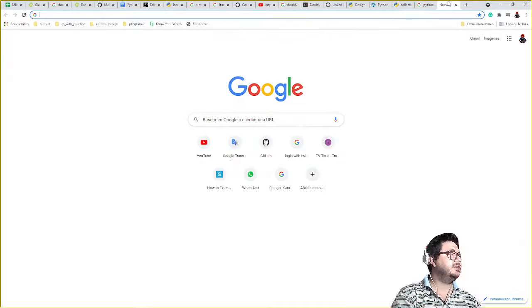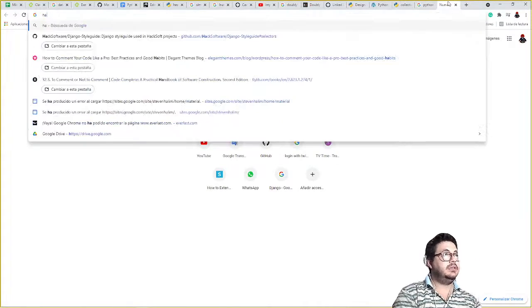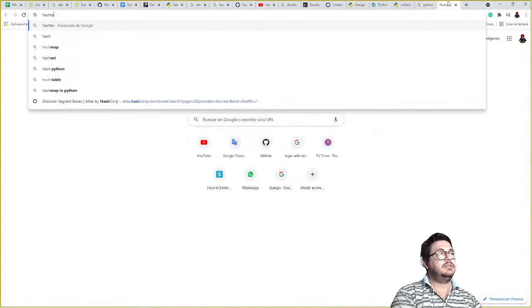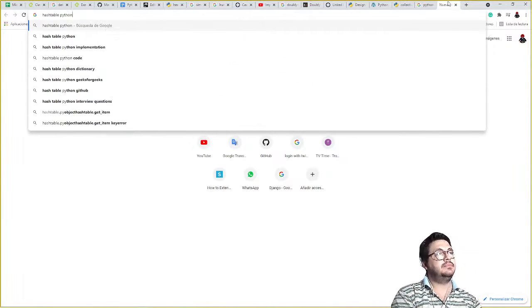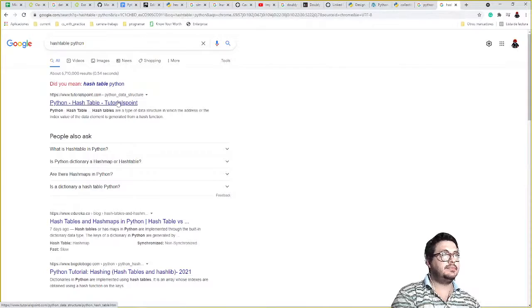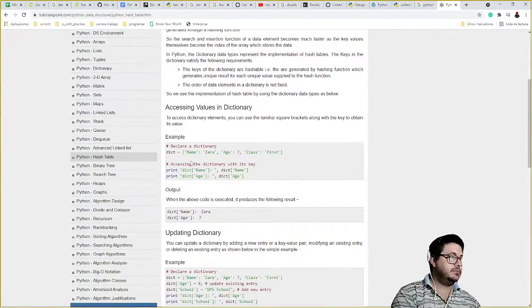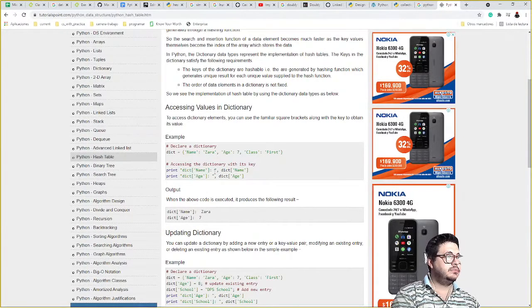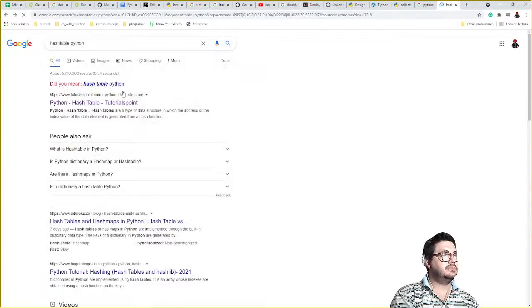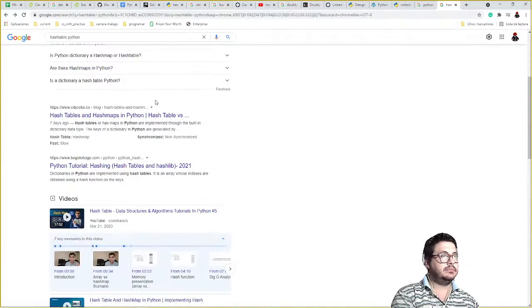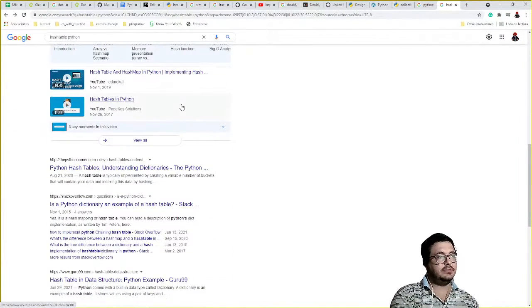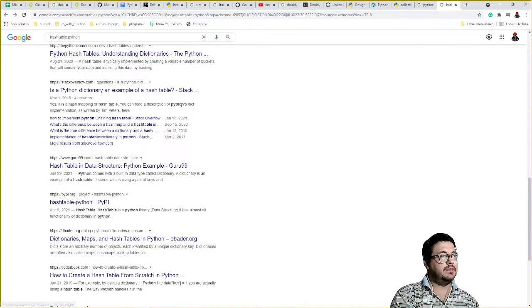A hash table. So let's say, Python, Stack Overflow. Okay, this.